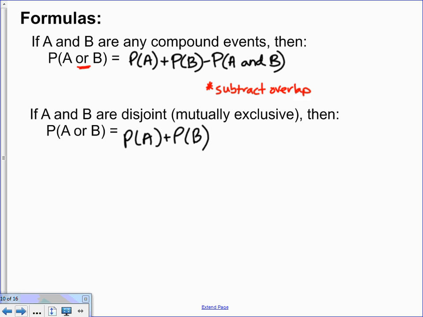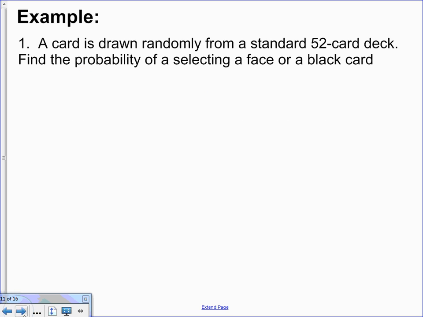Okay, we're going to put this formula to use, the probability of A or B. And we're going to talk about example 1 at the bottom of the front page, which is, what's the probability you reach into a deck of cards, you select a card, so a single card, and the card is a face or a black card. Since I'm reading this problem, and I see the keyword